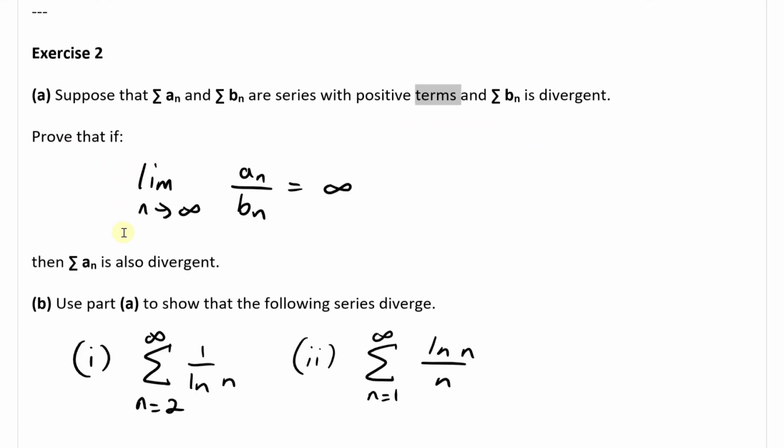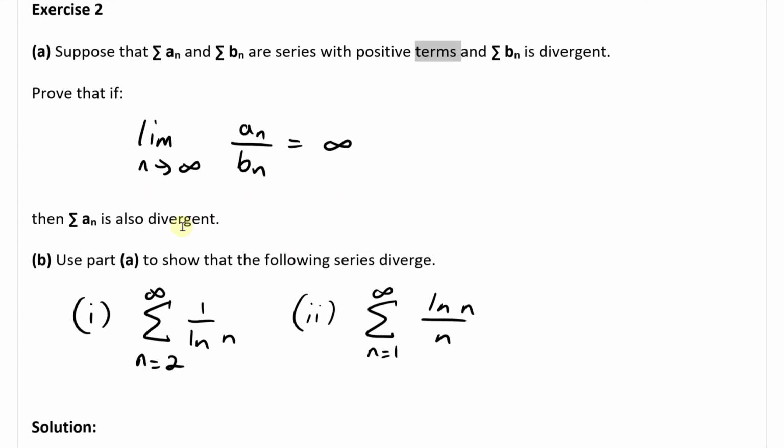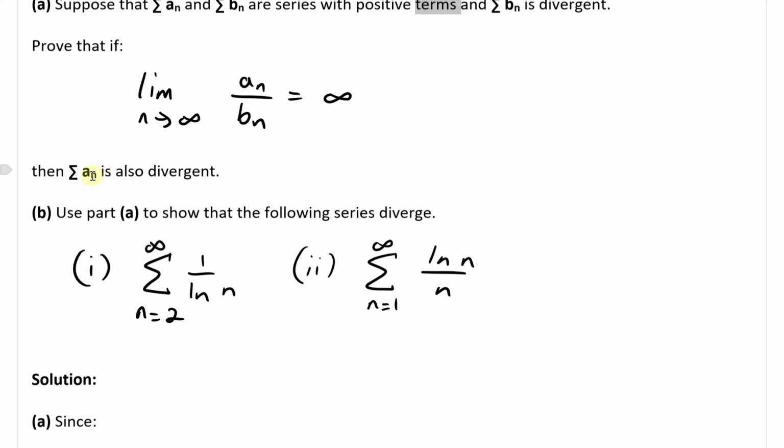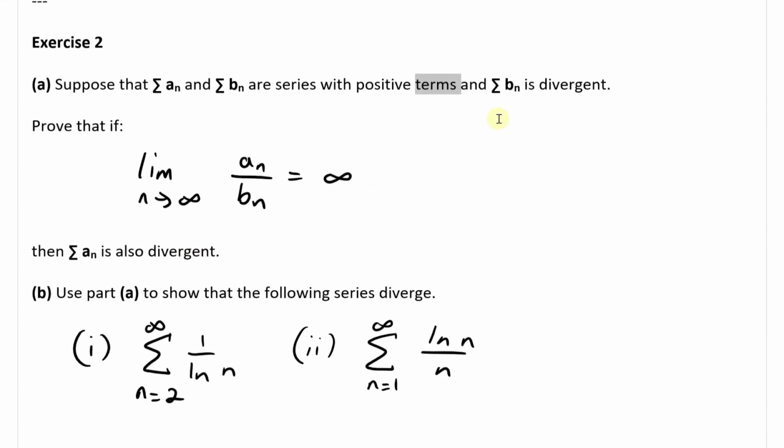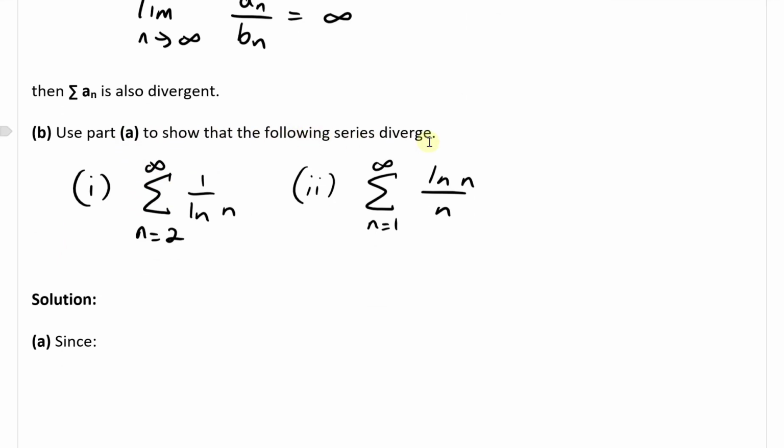Prove that if the limit as n approaches infinity of an over bn equals infinity, so if this is true, then the summation an is also divergent. So if bn is divergent and the ratio an over bn approaches infinity, then an is also divergent. Then part B states, use part A to show that the following series diverge, and we're given I, so we're